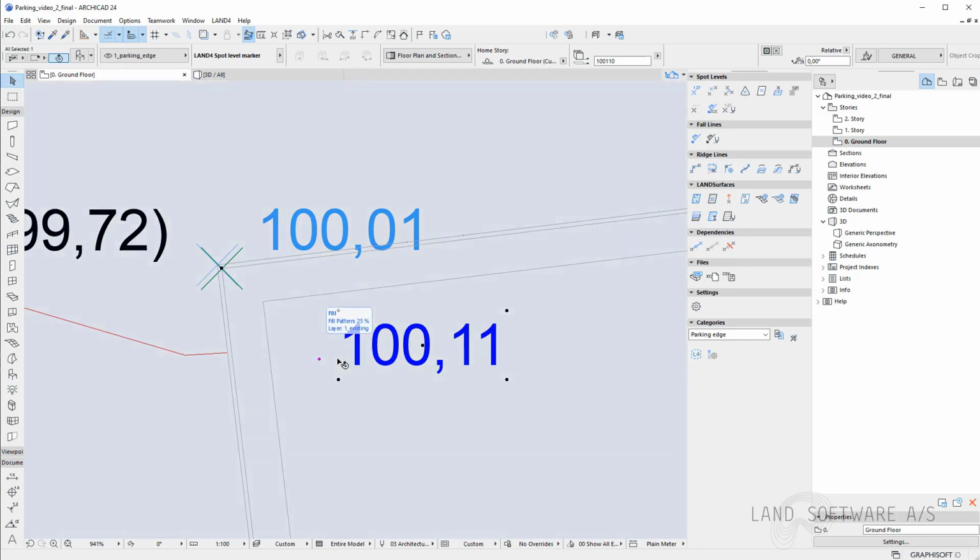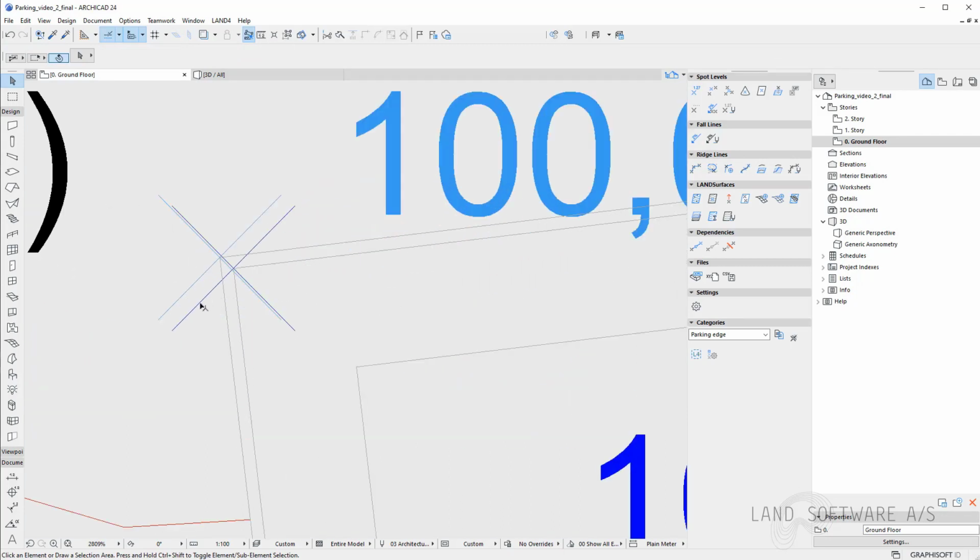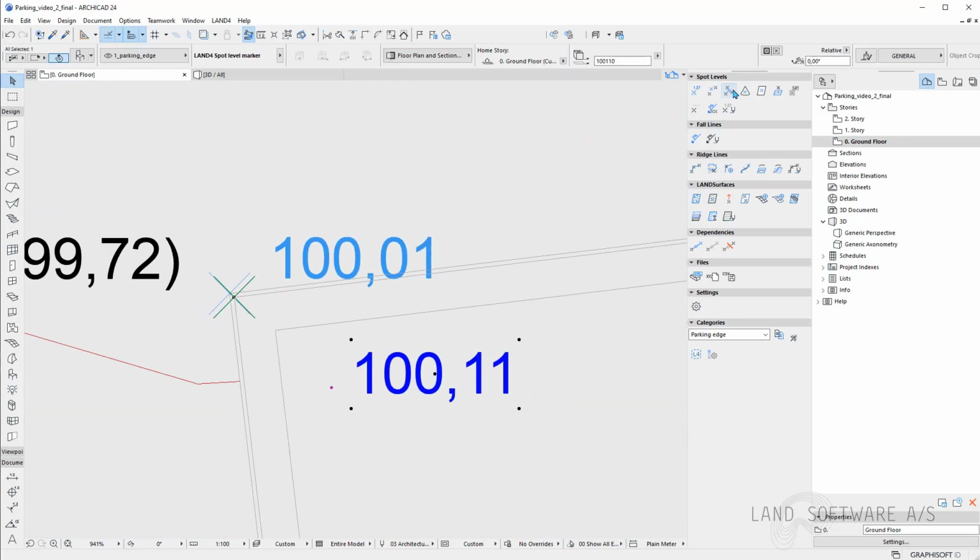So I will basically interpolate a spot level for each corner, and I can do that by simply using the gradient interpolation. Because I want to have a fall from the outside border towards the inside of the parking lot, I will use a raise instead of a fall.